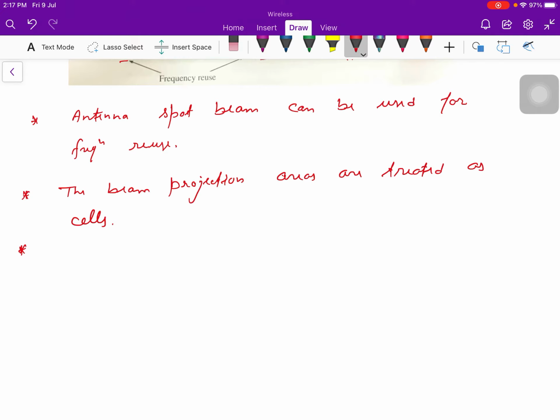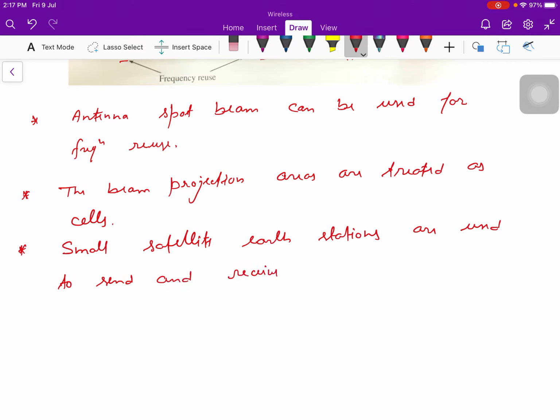So, the next important point: small satellite earth stations are used to send and receive the signals from the satellite.